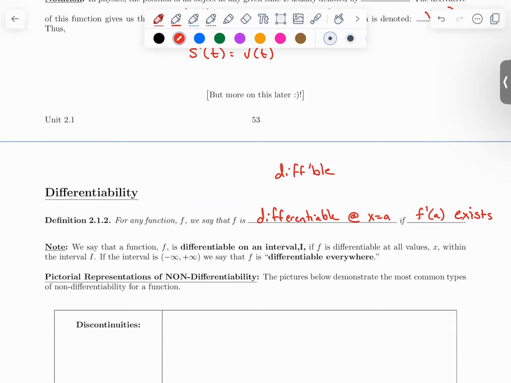Diffable. Differentiable. That's what I'll be writing because I don't want to get carpal tunnel. And then as an extrapolation of that, if the function is differentiable on the whole real line at every x value, then we say it's differentiable everywhere. But what does it mean to be non-differentiable? What would it be if you weren't differentiable? So